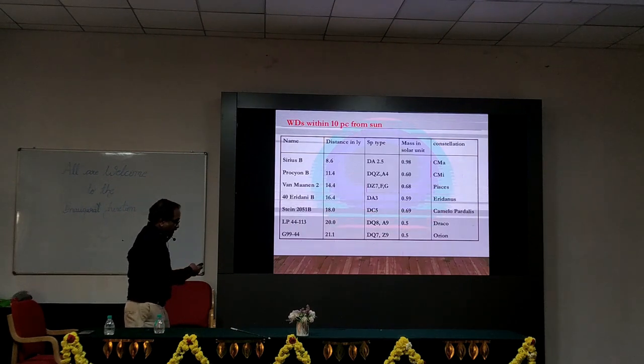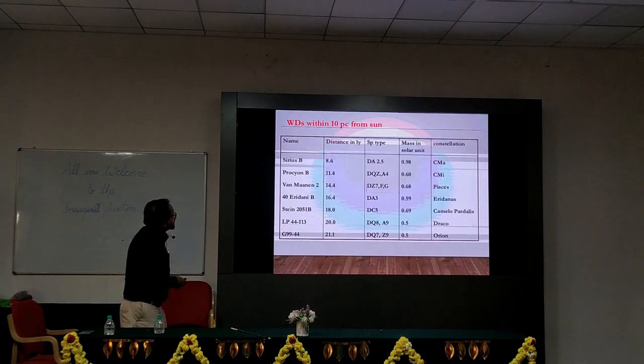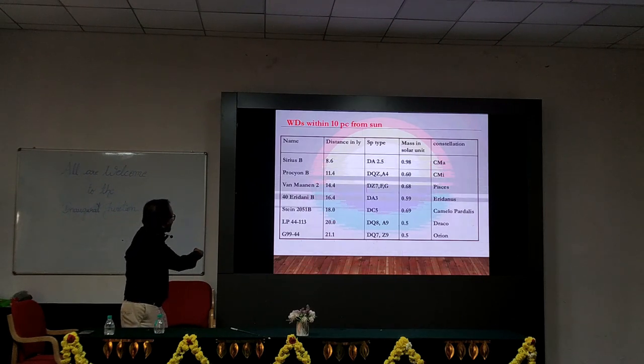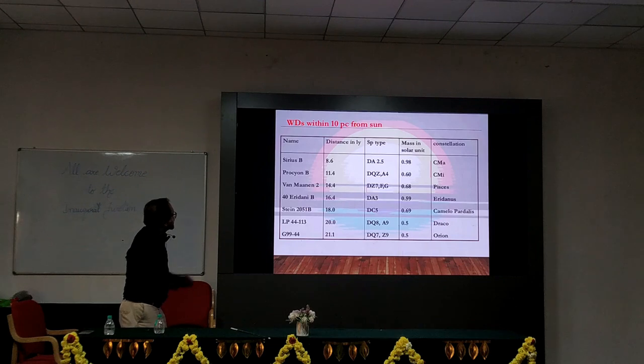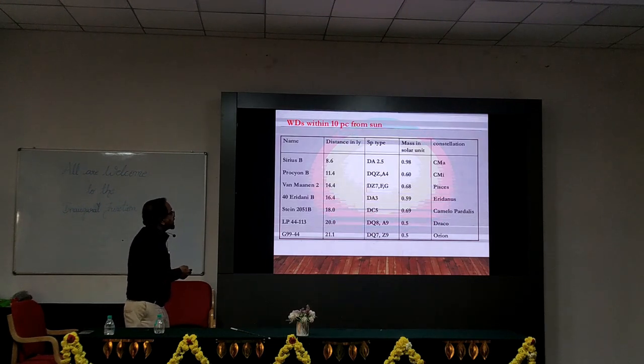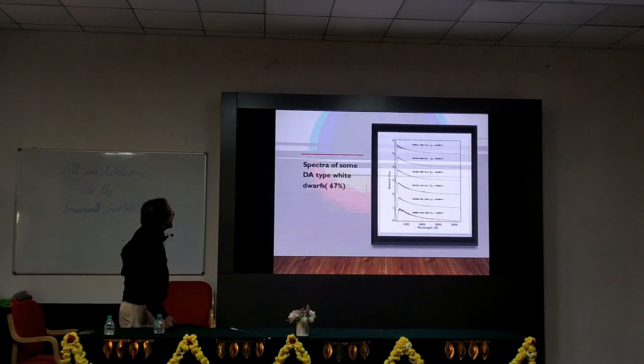So these are the names. These are some of the names of the stars. Not every star has a very common or popular name. They are labeled according to their coordinates, like this LP44113. Just because you can't go on naming every star, you run out of names. Okay, so I told you